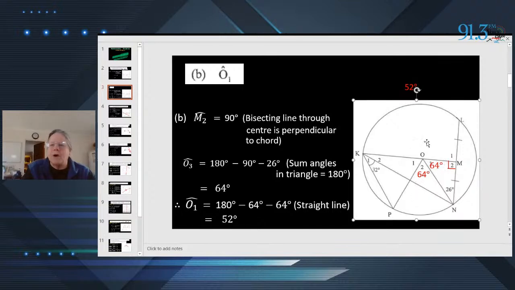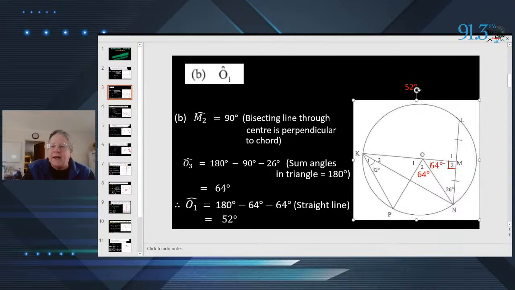I'm trying to be smart here, not to put all the stuff in at once, because that makes the explaining a little bit more difficult. So now we have O3. Now, why do we want O3? First of all, if you didn't see why we wanted O3 from the outset, we basically saw that's 90, and we saw we could calculate O3. But